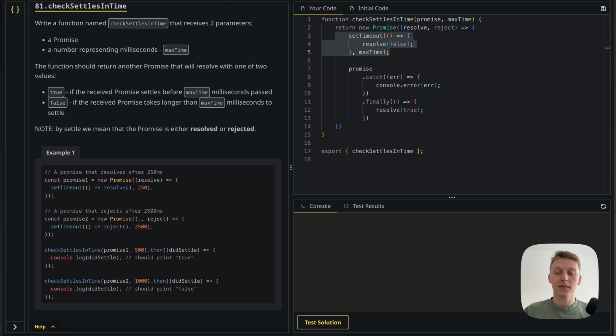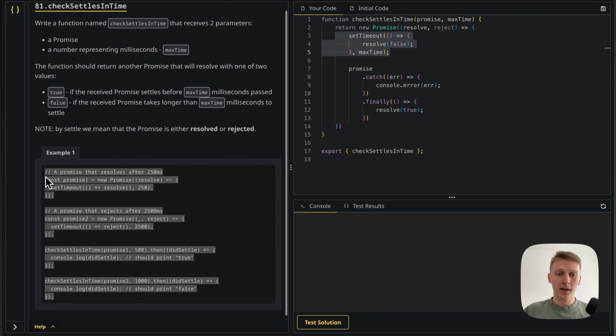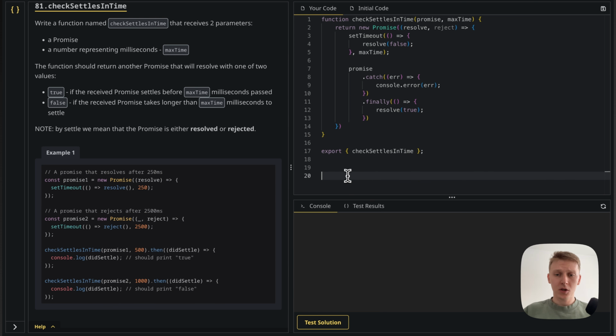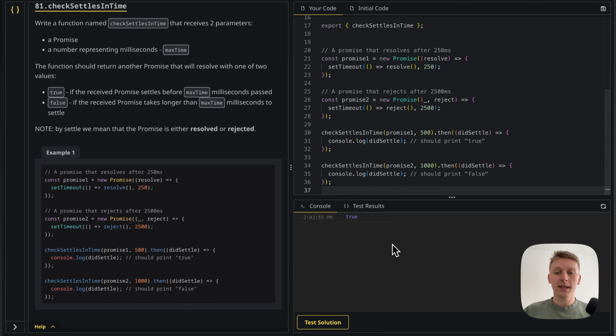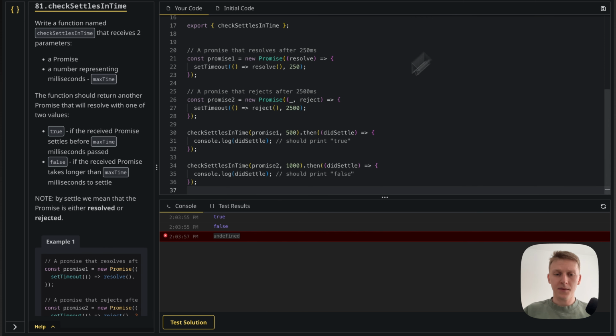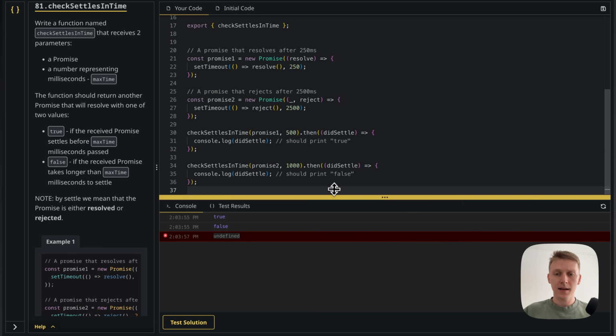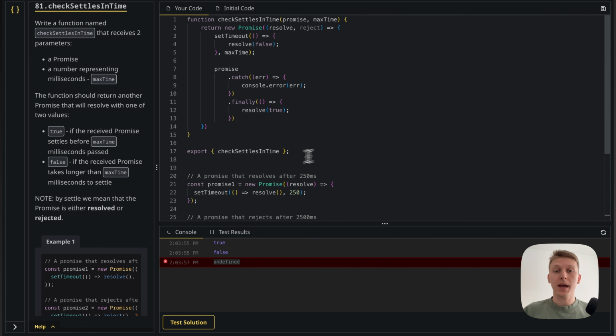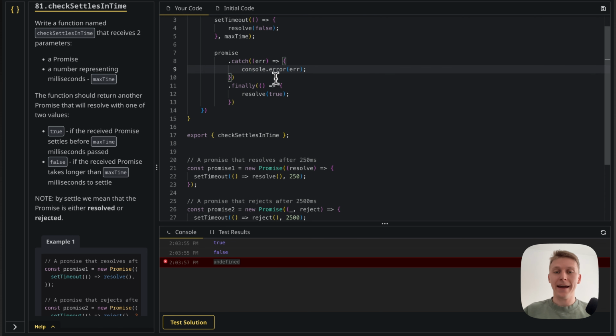So we're safe. Now, before we submit our solution, let's actually test our code. So I'm just going to copy the code here. And let me just put it here. And we should see true and false. And then undefined. Undefined? Why do we get undefined? Oh yeah, okay, that makes sense because of this console.error. So I think if I comment this,